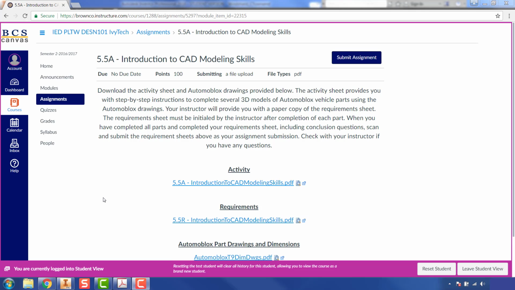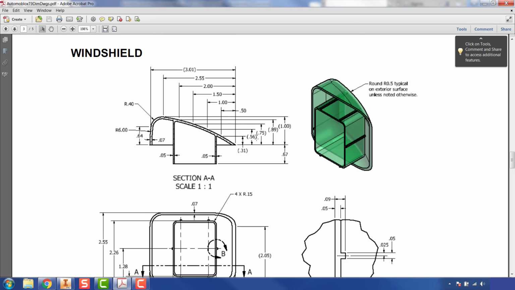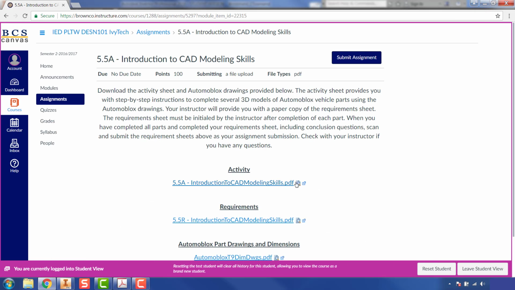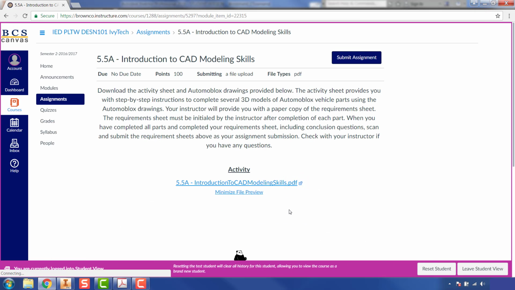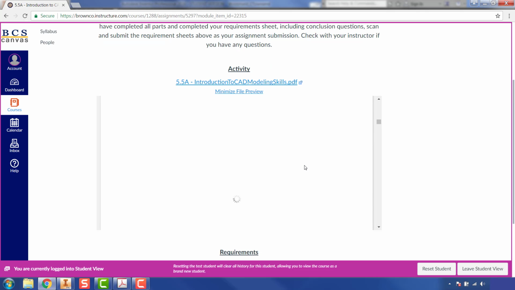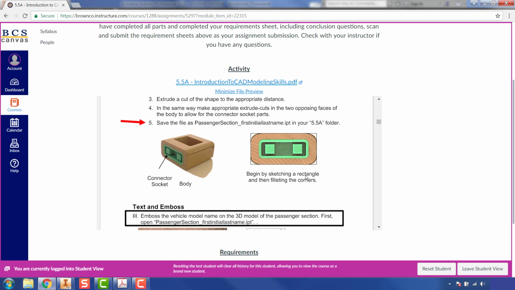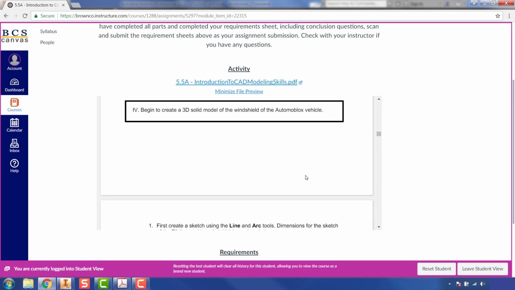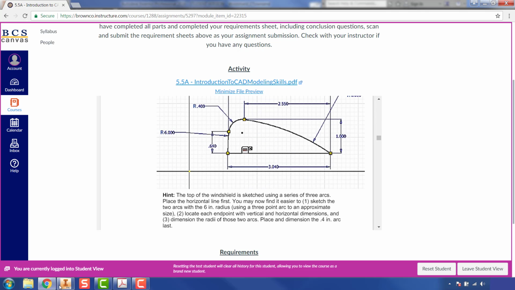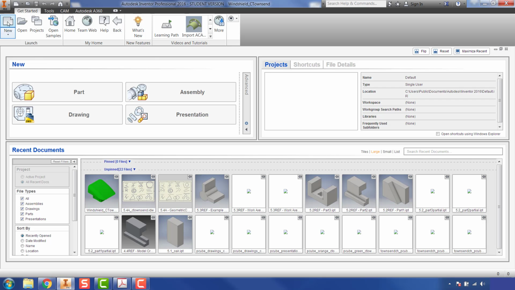model created. The two documents you will need in front of you are the dimension drawings, which you should have a paper copy of, and then also the activity sheet, which you have access to on Canvas, and then you can scroll down to the windshield section and use the step-by-step instructions to help you create this along with this video. So I'm going to go ahead and go to Inventor, open a new part,